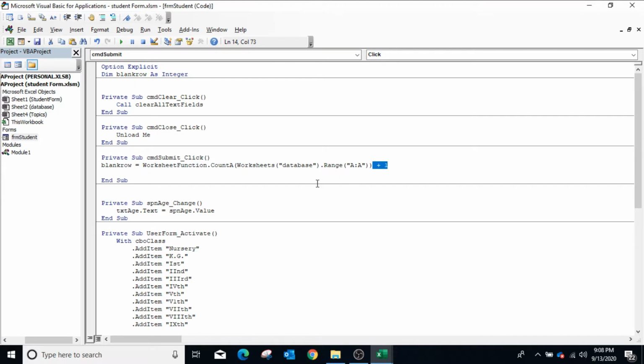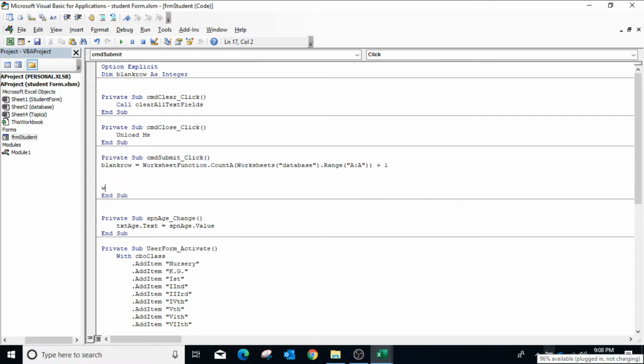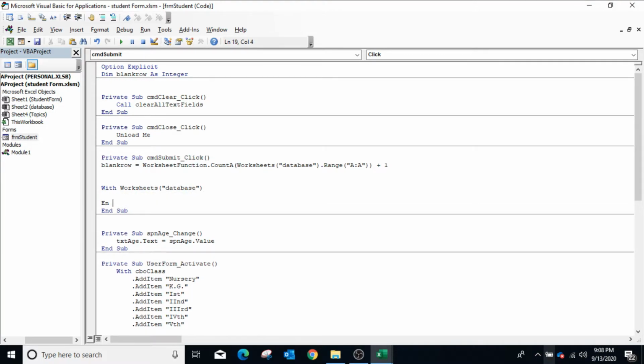Now to store values in the corresponding columns of the worksheet database, type With Worksheets("database"), close the With statement using End With, and then we will use the Cells property where the first parameter is the row number, which is given by blankRow, comma, column number 1 equals txtRollNumber.Text.